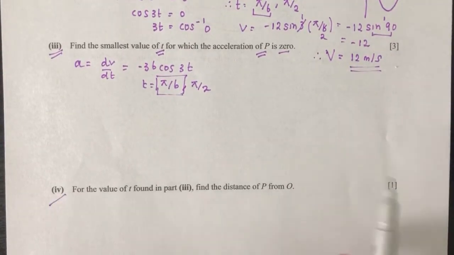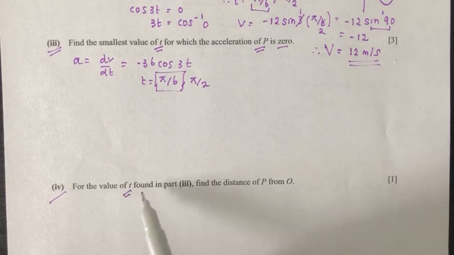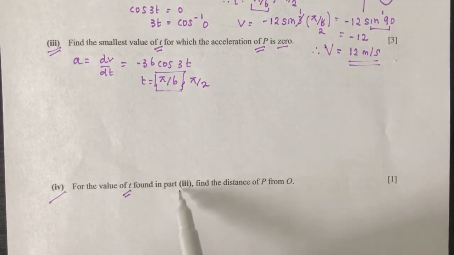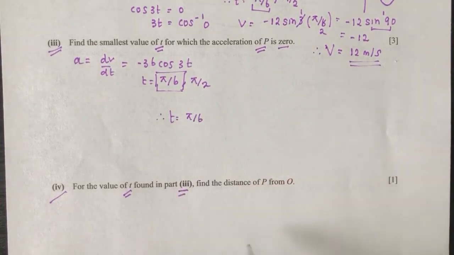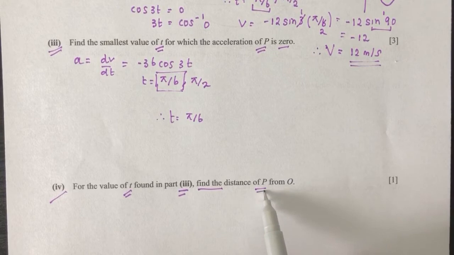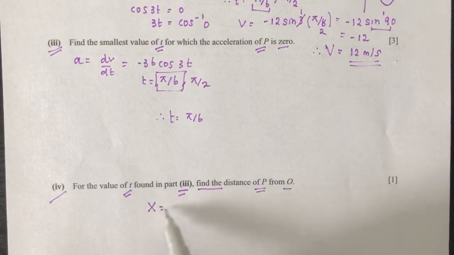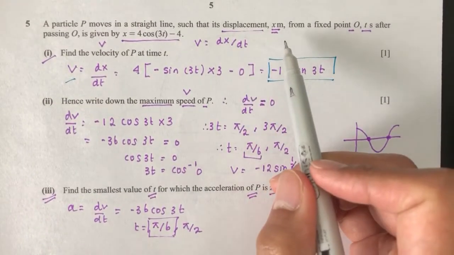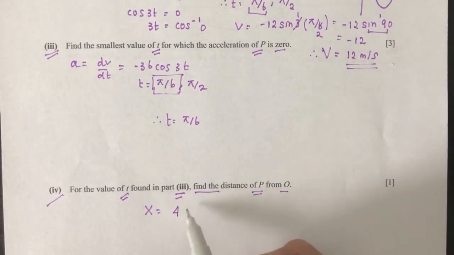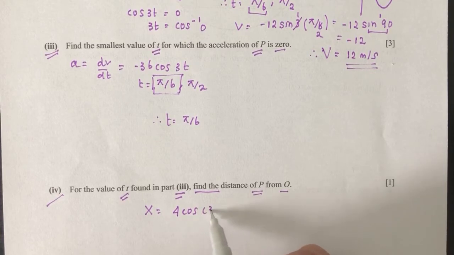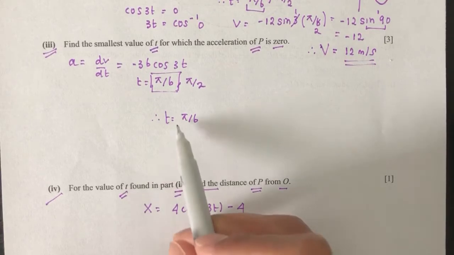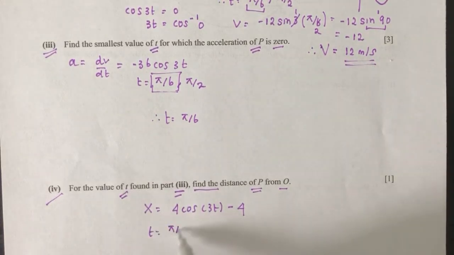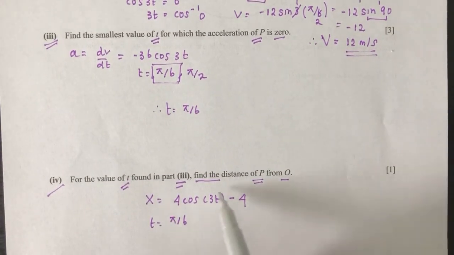So part 4, find the value of t. For the value of t found in part 3, let's just write it down, t equal to pi by 6, find the distance of p from O. Distance is given by x, which is here. Displacement x is 4 cos 3t minus 4. So x is 4 cos 3t minus 4. So find the value for t equal to pi by 6. We have to replace t in here to find the